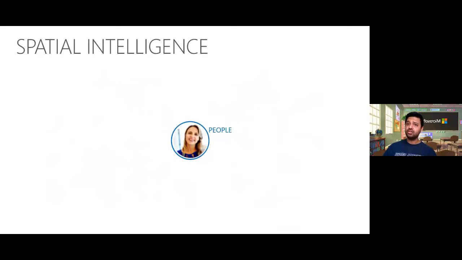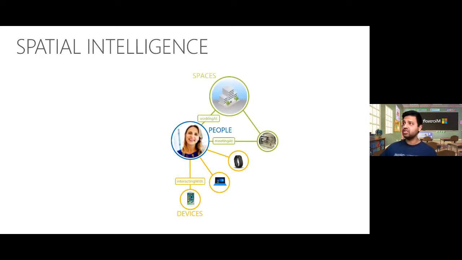Now, where spatial intelligence comes in is that, for that individual, we will understand the interaction they have with their devices. A typical device a user interacts with is a mobile phone, devices such as laptops, tablets, and also smart wearable technology. So in this scenario, we have a wearable device such as a smart band. And this is individual user interaction. If we then combine it with interaction with spaces, we then know where that user is present. Are they working from home? Are they working from an office? If so, which part of the office are they working from? Who are they meeting? How long are those meetings taking place? How productive is that person being?